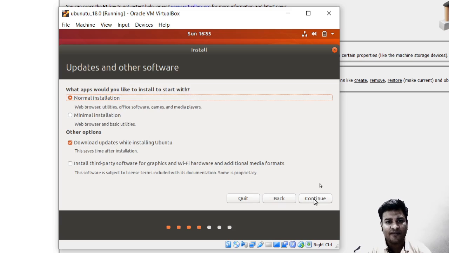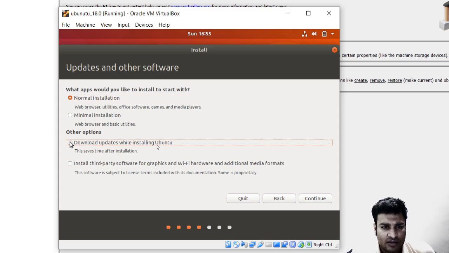Then we will say that we have to do the normal installation. Download updates while installing Ubuntu is not required. We can do it after installing Ubuntu, and normal installation is okay. I do not want to waste a lot of time while installing Ubuntu. Continue.